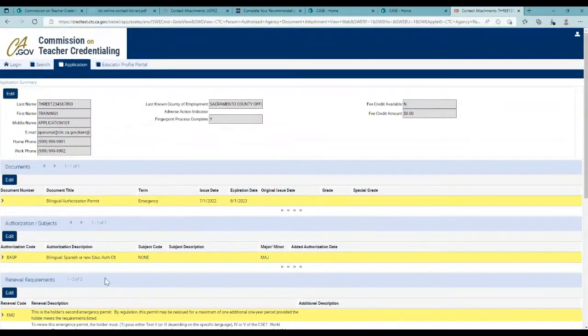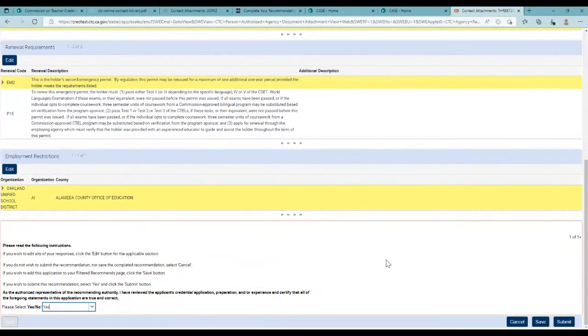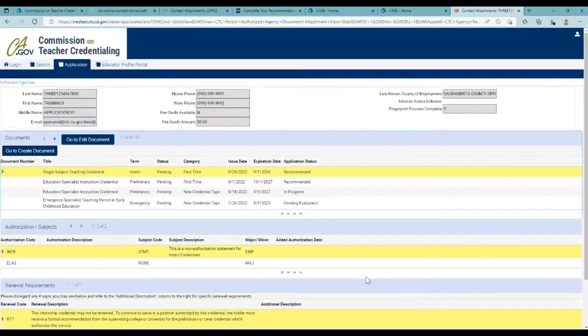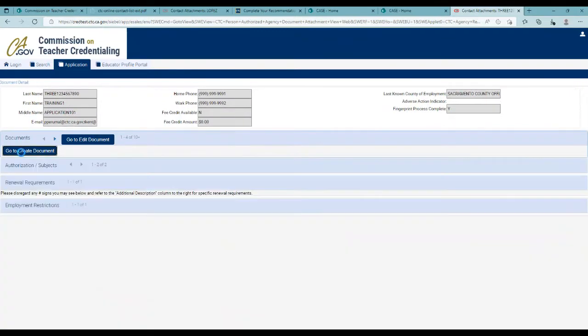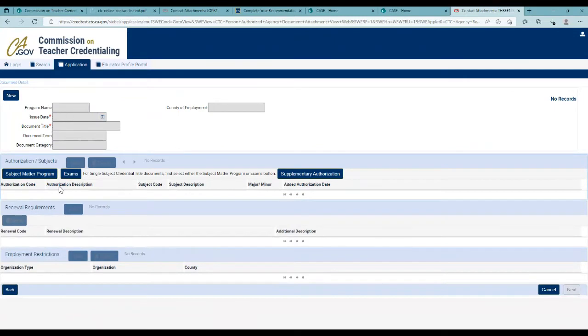If you come to this screen and you realize that, oh, this is the wrong document, I need to recommend them for something different, you can click on the Cancel button and it'll bring you to the initial page. And you're like, okay, I really needed to actually submit for a STIP. So you can click on the